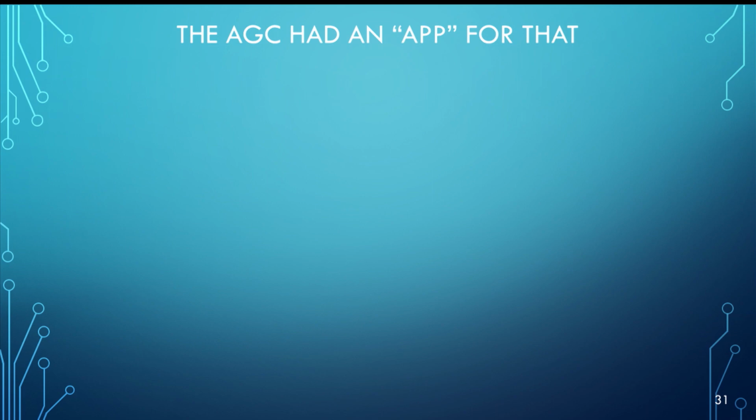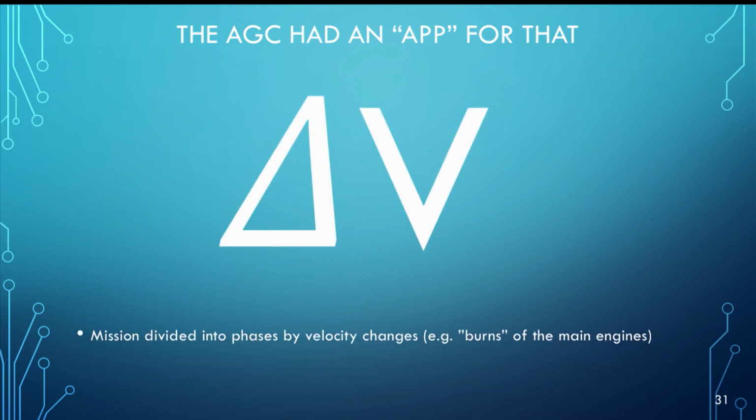So how do you actually get to the moon with software? How was the software, or how was a mission, actually decomposed into pieces? Ultimately, a mission was decomposed into velocity changes. Anytime you have to burn the main engine for one reason or another to change velocity, you decompose the mission into